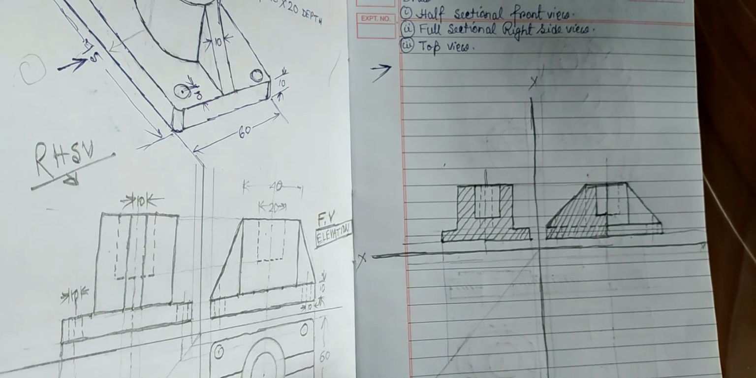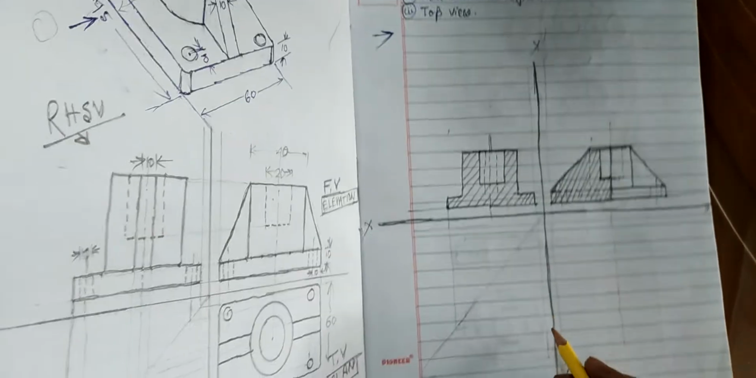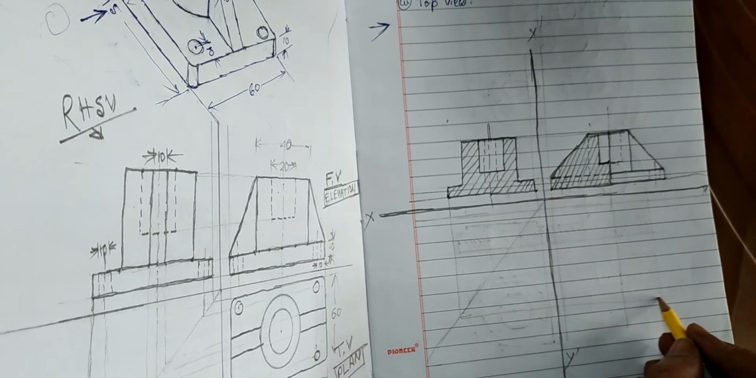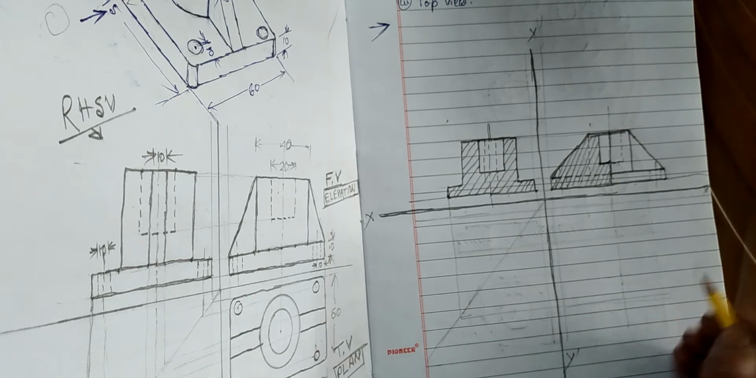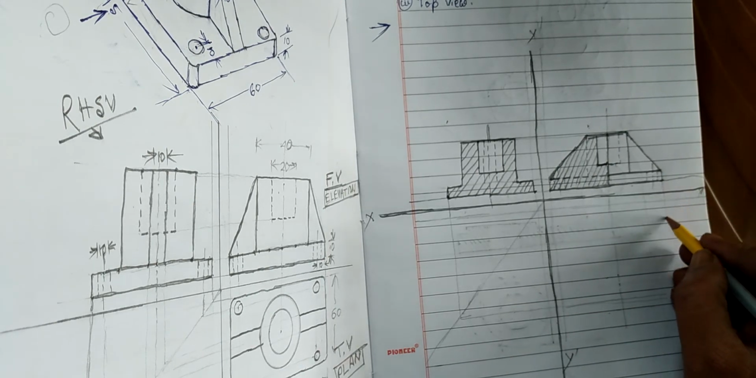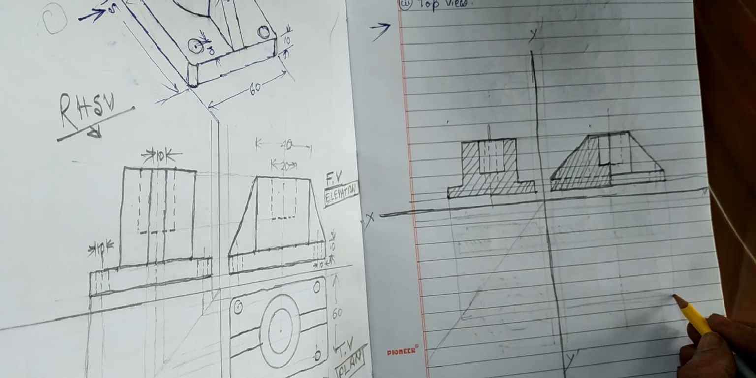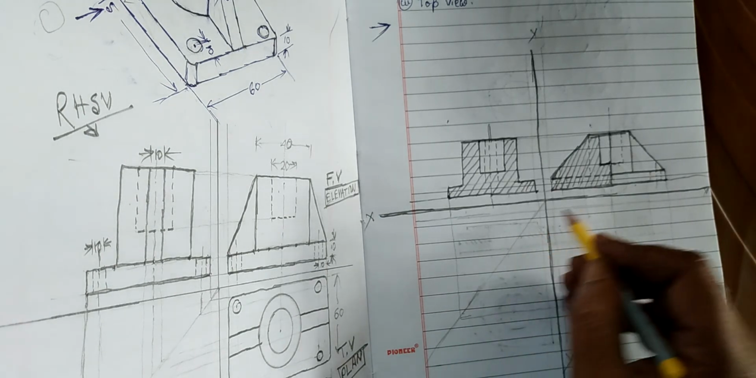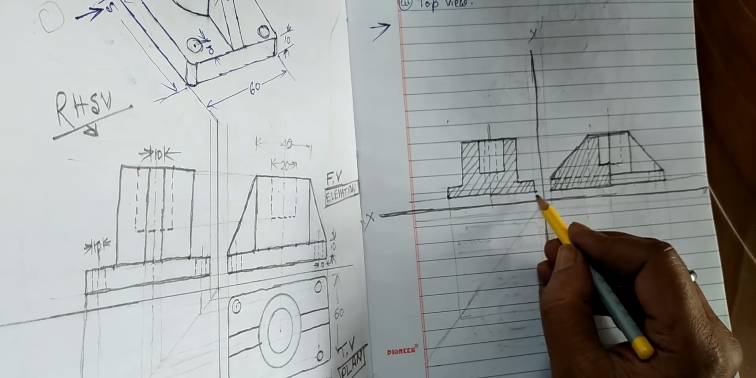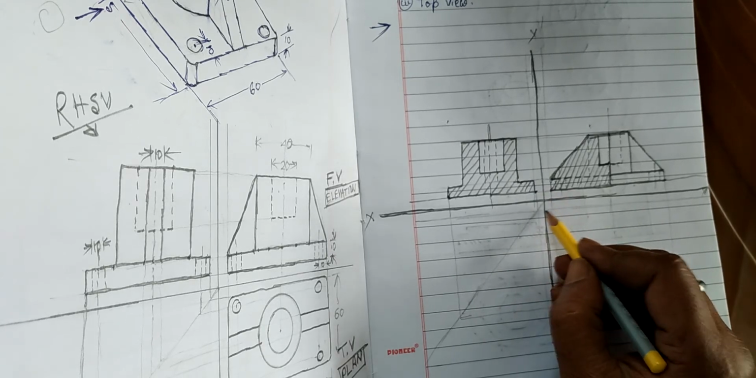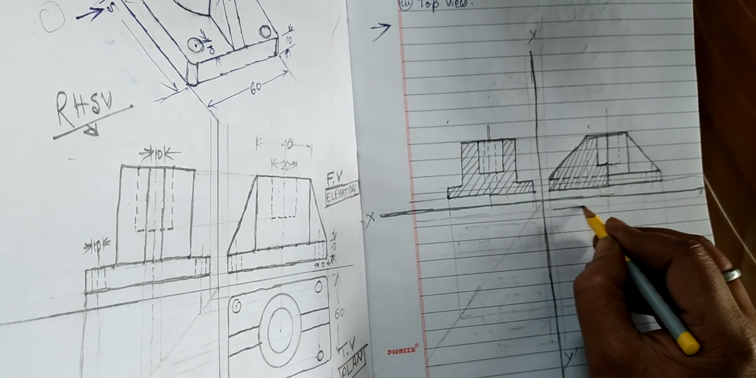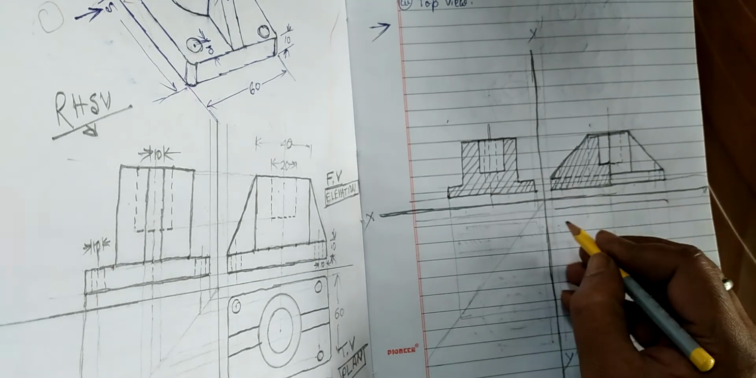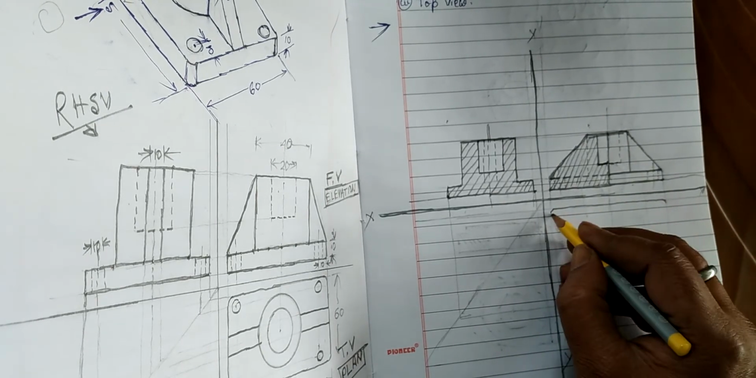Draw the projection line here, extend the projection line up to that point, and this line also. So this is the outer portion, some radius is there given at the